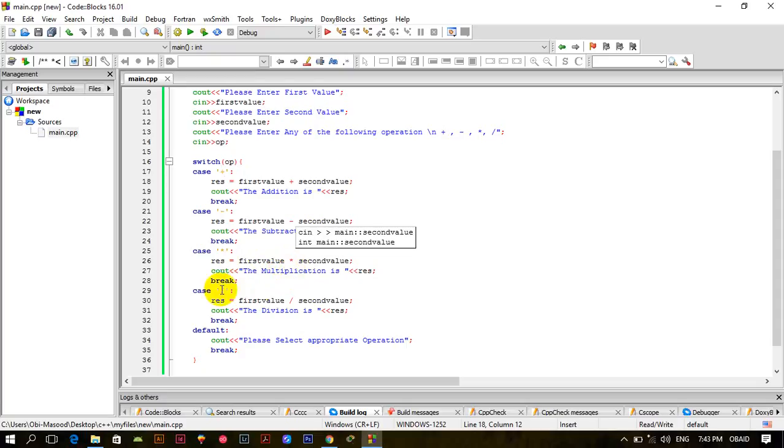And if the user enters forward slash, which means that the user wants division, the division will be performed and the result will be given to the user. And if the user provides anything else, like if the user does not provide plus, minus, asterisk, or forward slash, which means that the user does not want to perform these operations, then we say please select appropriate operation, because we do not support any other operations. So,